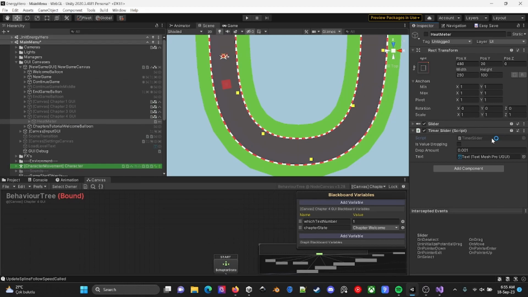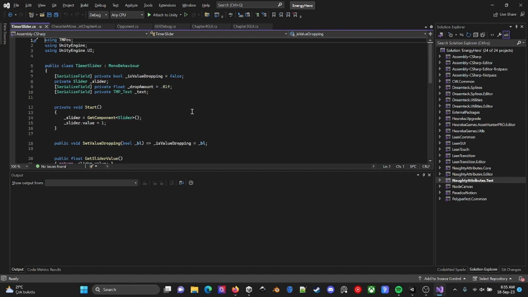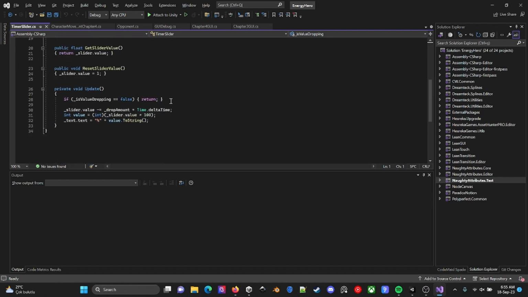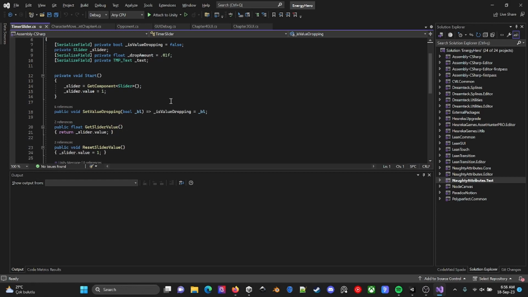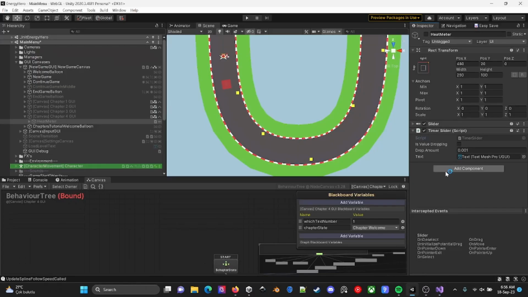Okay, where is the timer slider? I just want to open this guy. Yes, here you are. How about adding a new component called heat meter?